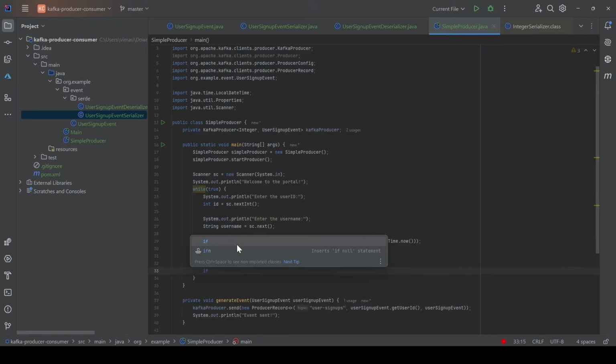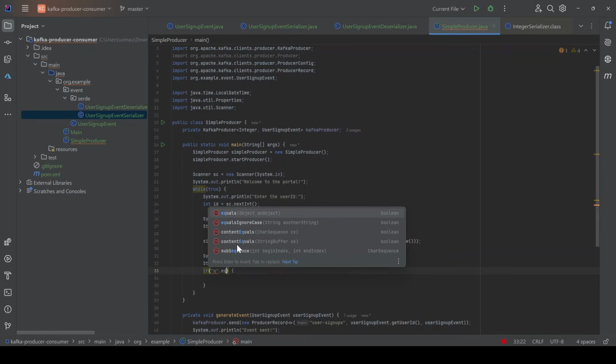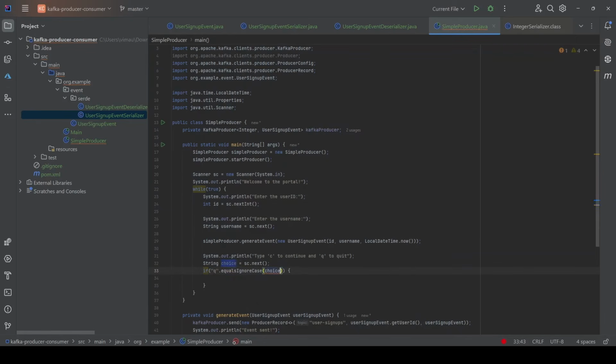And here we will say if the input is quit, then we need to quit the program. Exiting. We can call the methods to clean up the producer, because in the Kafka producer class, we have methods like shutdown. This is a very simple program and we are not dealing with exceptions. We are not closing or releasing the connections, but in a real project, we will do that. So this is the place where you can call Kafka producer.shutdown to properly and gracefully shut down